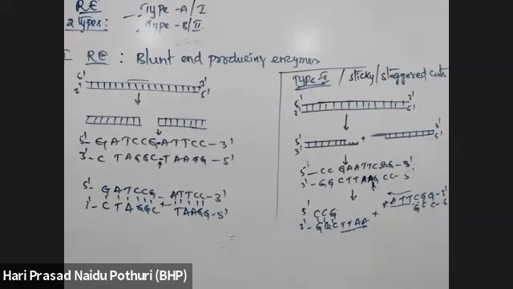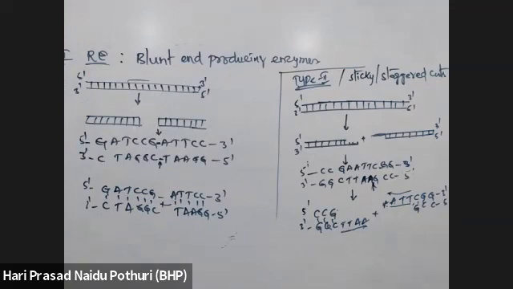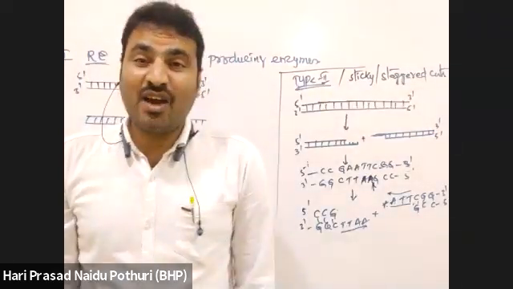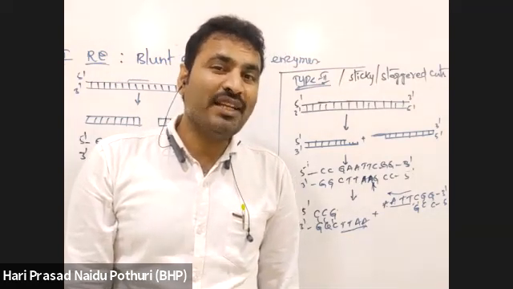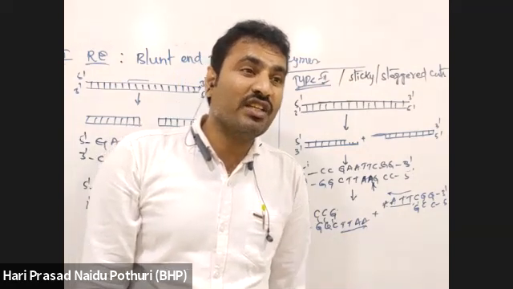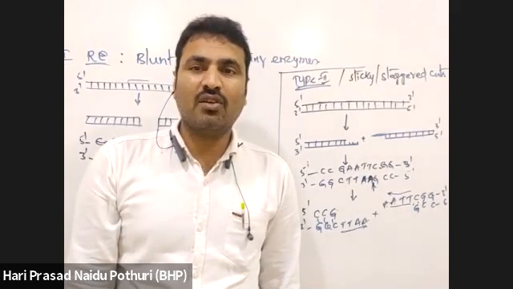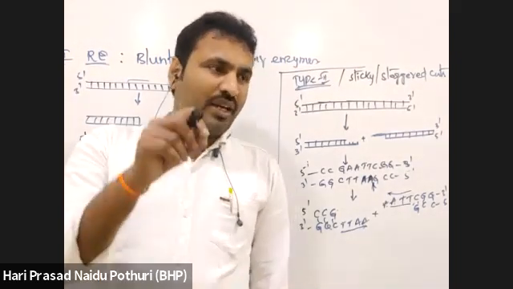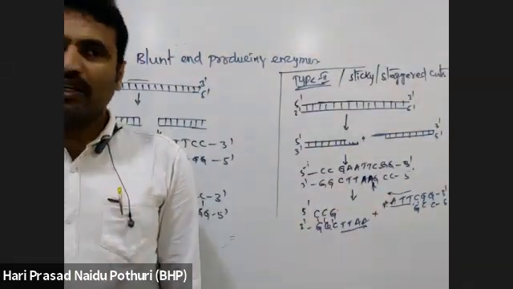Okay, one important point we have to remember here. When we are using restriction enzymes to prepare rDNA, what is rDNA usually? Recombinant DNA. How is it made? Recombinant DNA is made by introducing a part of DNA or a gene into a vector, whatever it is, plasmid or cosmid or phasmid. So if a fragment of a gene is introduced into a vector, then it is called recombinant DNA.